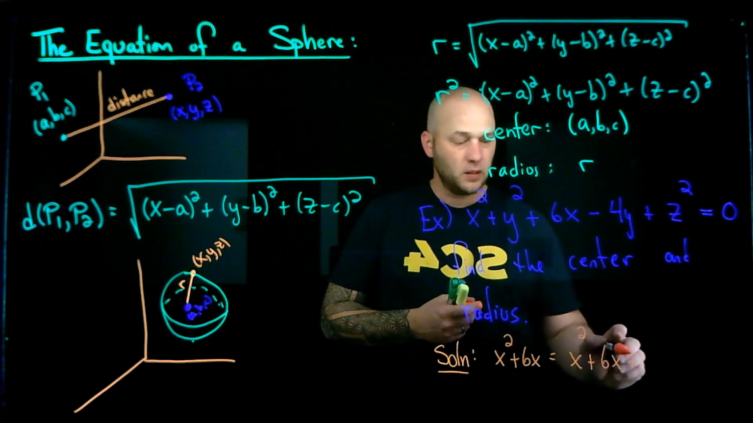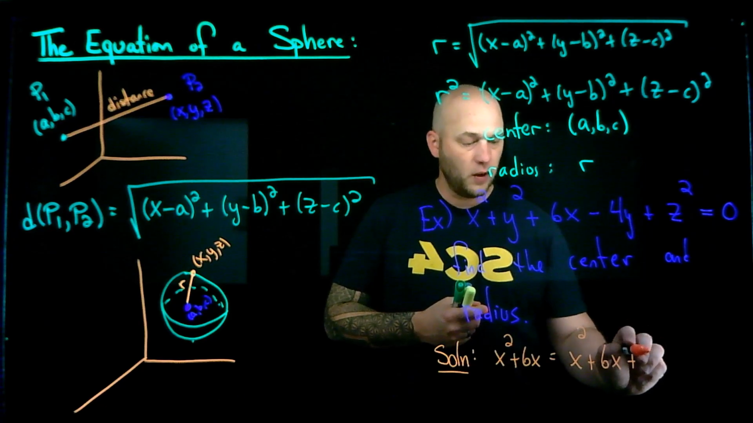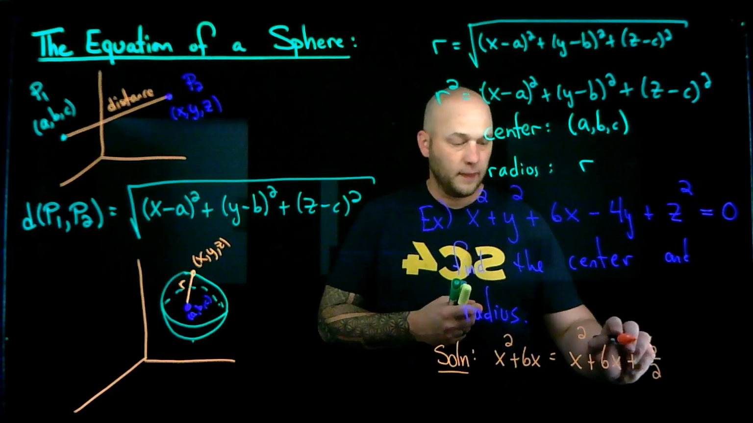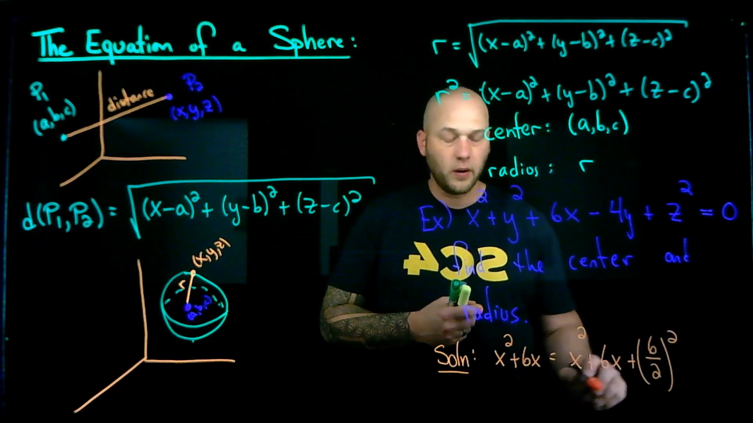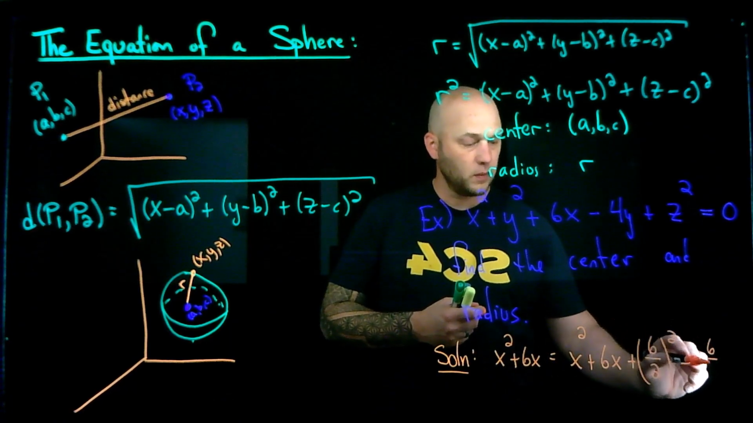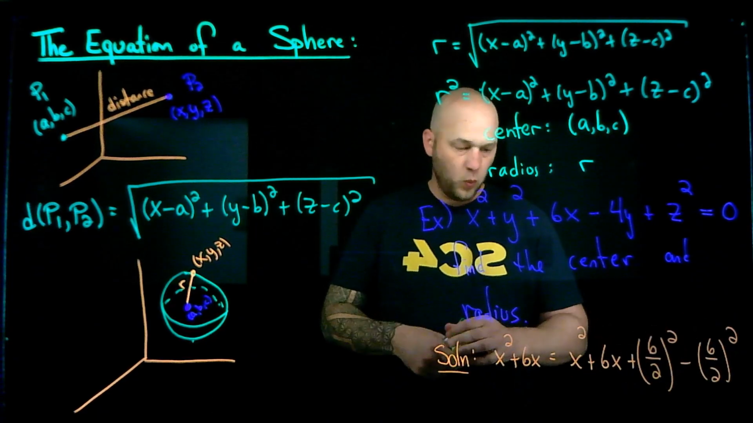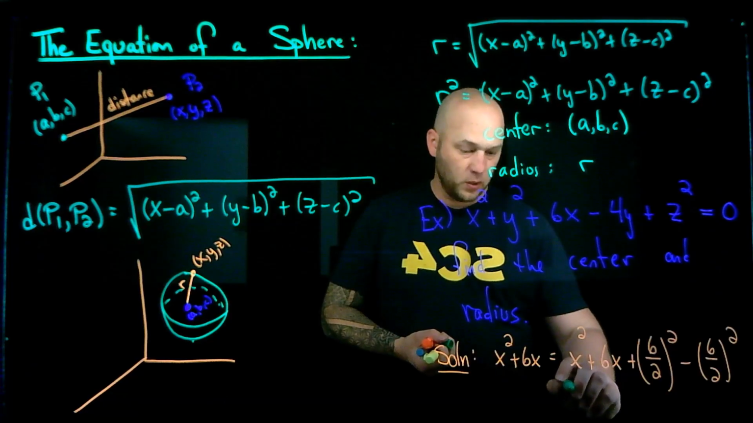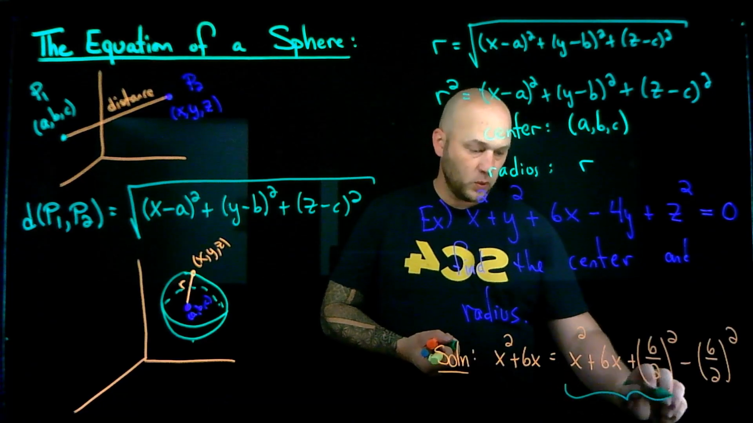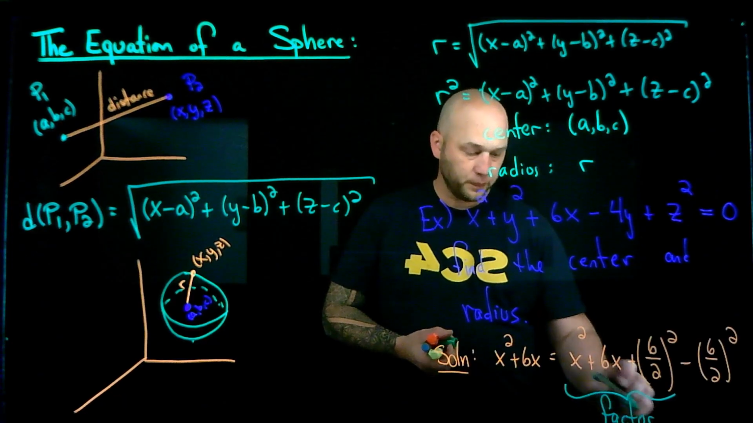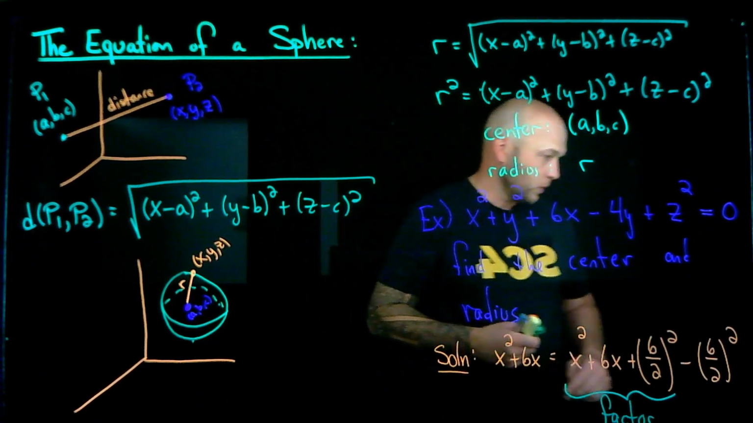And what that consists of, it's the coefficient of x divided by 2 squared, and then I'm going to subtract the same thing. And then to put this into standard form, we factor the first 3 terms. And so